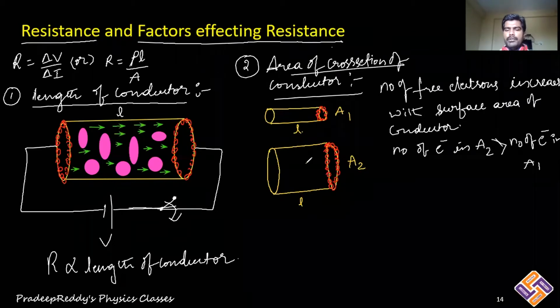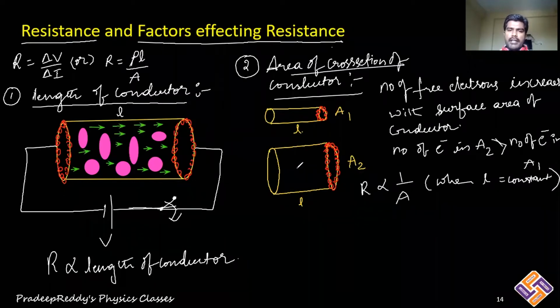there are less number of electrons denoted with red ink in this conductor. So length is the same for both the conductors, but the free electrons in area of cross section A2 are greater. As number of free electrons increases, what should happen to conductance? Conductance should increase, because more are the number of electrons, more will be the charge flow. More will be the charge flow, greater will be the current. Greater will be the current, less will be the resistance. Therefore, clearly you can write resistance is inversely proportional to area of cross section when L is constant. When length of the two conductors is constant and nature of the substance is same, in such case resistance is inversely proportional to area of cross section.